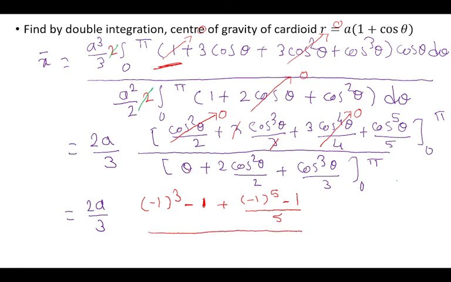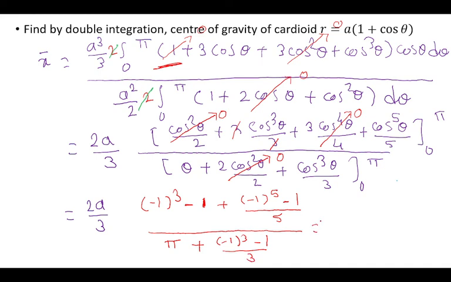Divided by. Now here is a pi. Theta is replaced by pi. Then the same thing will happen. Already I told this term, cos square theta, goes to 0. This integral goes to, because cos pi minus 1 plus 1, sorry, this is plus 1 minus 1, goes to 0. Only this term is preserved. Plus cos pi, this is minus 1 cube. Minus 1, 1 cube is actually there upon 3.